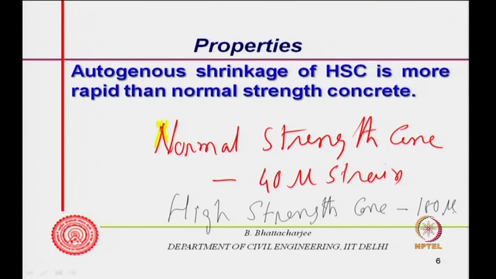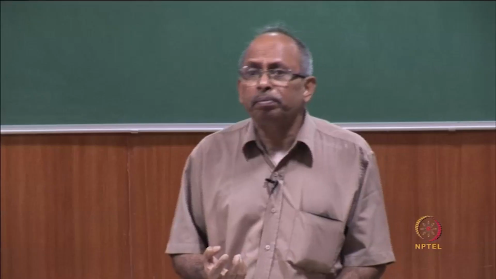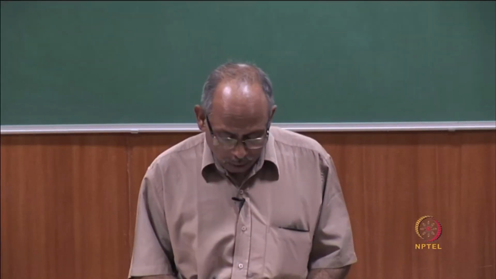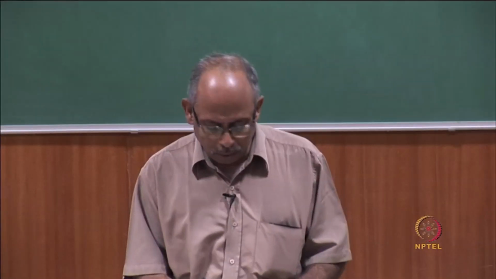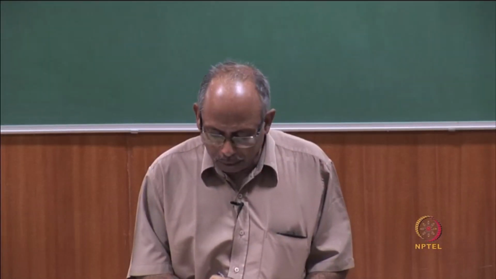So at a given time, it is much faster also. Not only is it more, it can be faster also. Therefore, this is surely one aspect one must look into in case of high